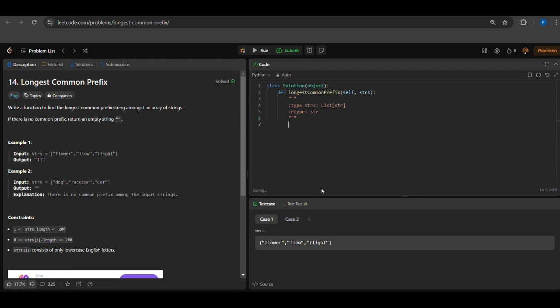So if I'm iterating over the string, first of all I'll take the word as flower, right? If I iterate over the word, as I suggested before, what is a hash map? A hash map is a data structure that helps us store values in a key-value structure, where keys are always supposed to be unique and their values can differ. So you can't have 1 as a key with the value 3, and another key 1 with the value 4. So one of these will be